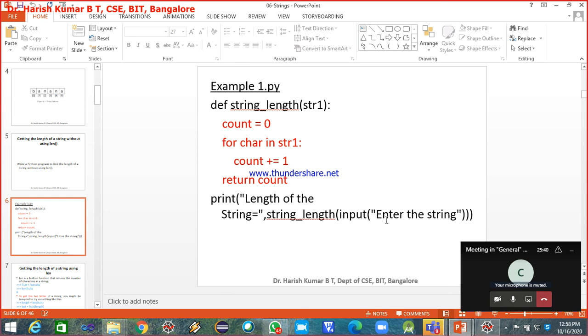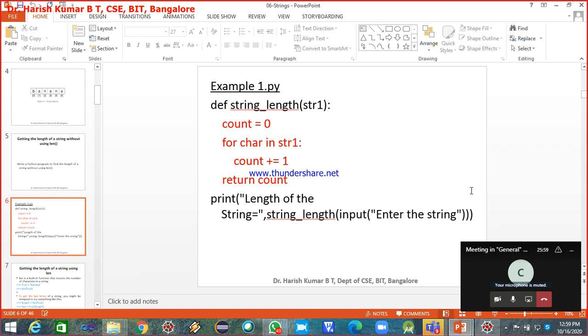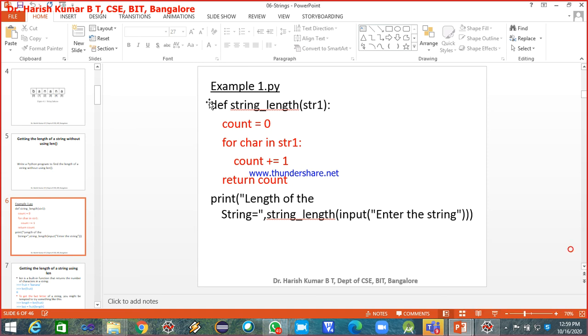So reading the string and passing it as an argument to string length. We have taken the count variable initialized to 0. For char in str1, I keep incrementing the count and finally return the count. So this is how to find the length of the string without using the built-in function len. Okay. So we'll perform the execution of this.